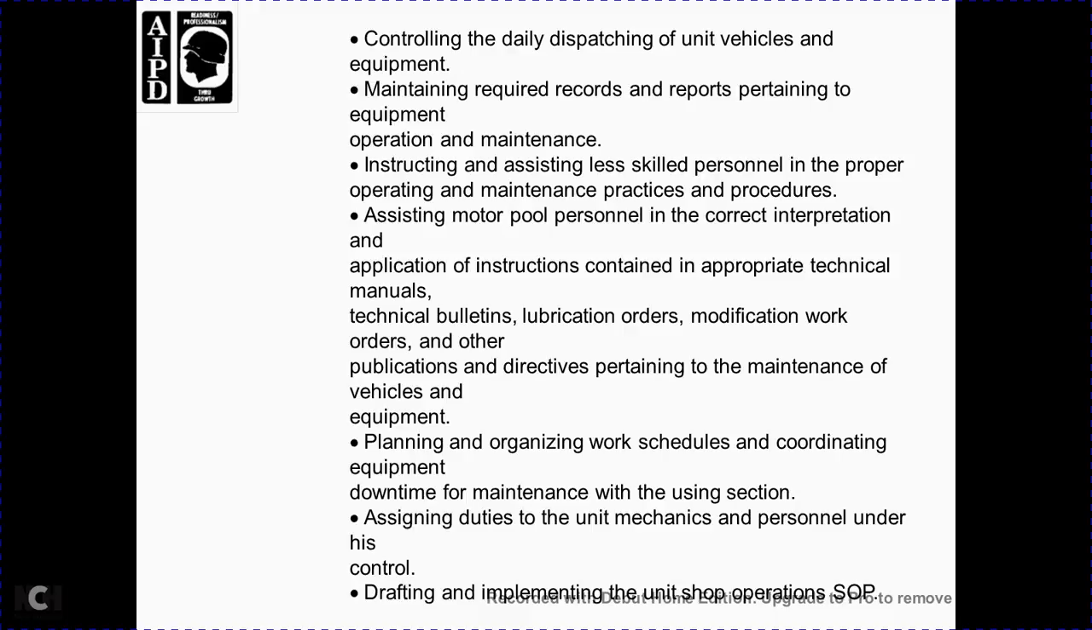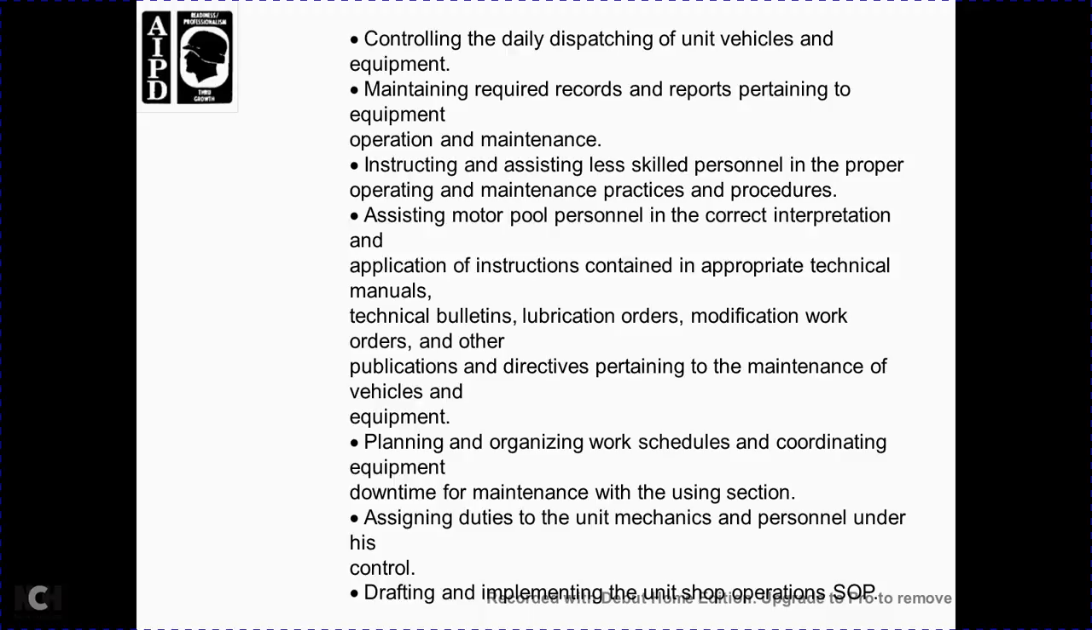maintaining the required records and reports pertaining to equipment operation and maintenance, instructing and assessing the list of skilled persons in the proper operating and maintenance practices and procedures, assisting motor personnel with the correct interpretation and application of instructions contained in appropriate technical manuals, technical bulletins, lubrication orders, modification work orders, or other publications,